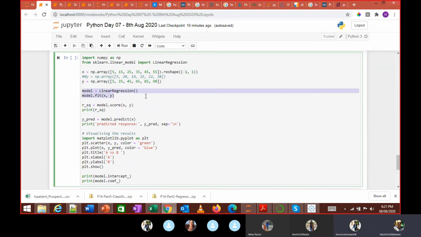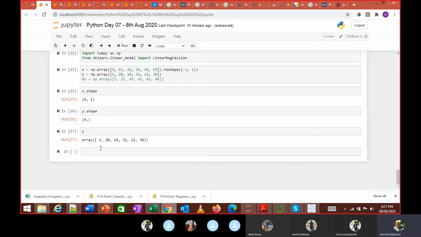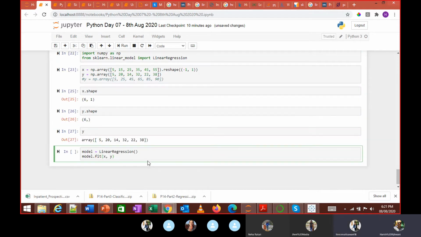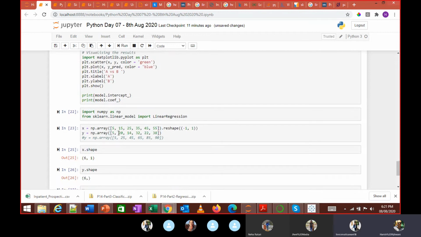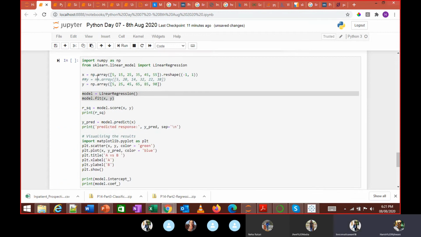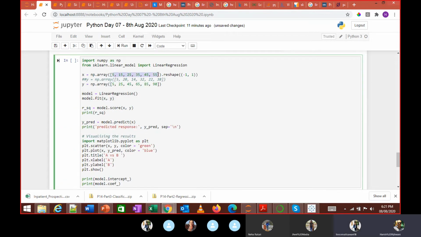What we are doing now is we are going to be using the function linear regression, which we have imported. So we take a model and assign that model the function linear regression. Along with that, I am also using the function to fit these values x and y. I have fitted those values and I am running these two lines. I am going to show you for these two values that we have,